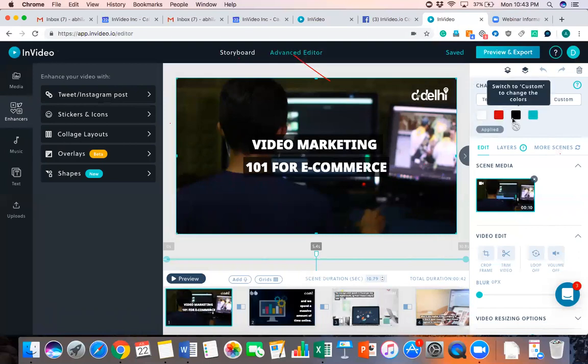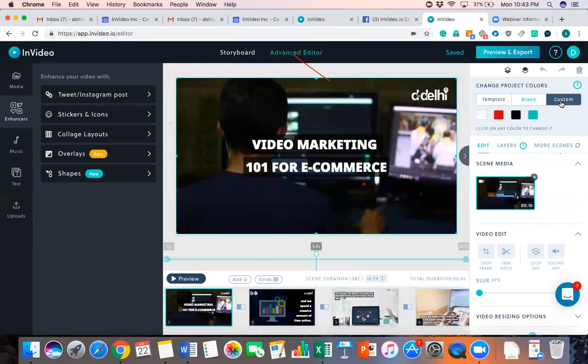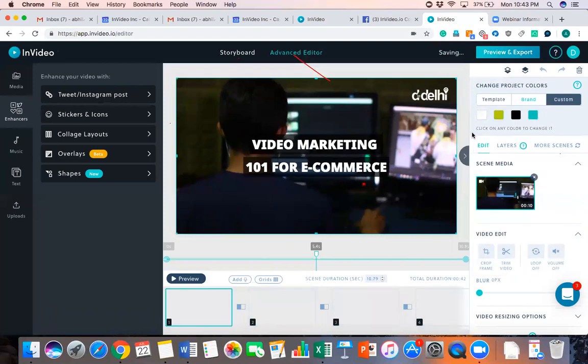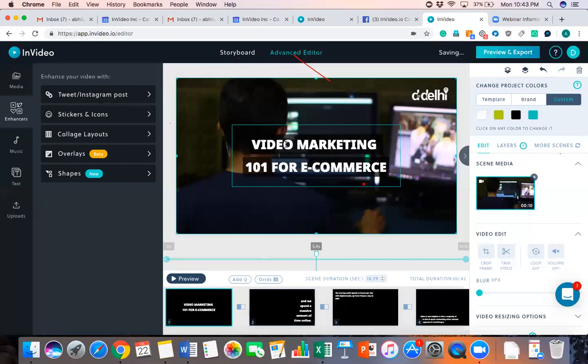These are the colors that you've already set up in your brand preset settings on the top. So if you set it as these 4 colors in the beginning, you can actually apply them each and every single time. In fact, you can take this one step ahead and go to custom. Now here you can actually change pretty much all the 4 colors and kind of customize this according to how you would like it. So for example,